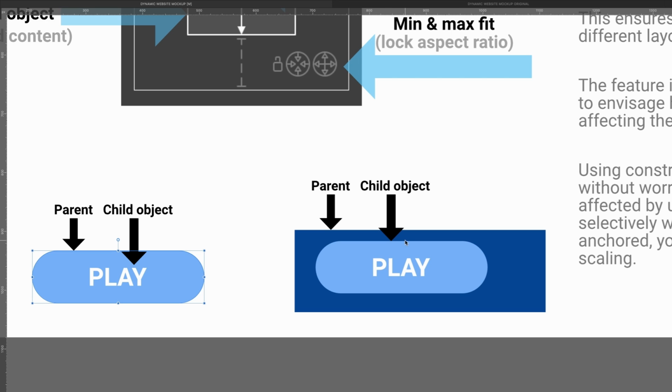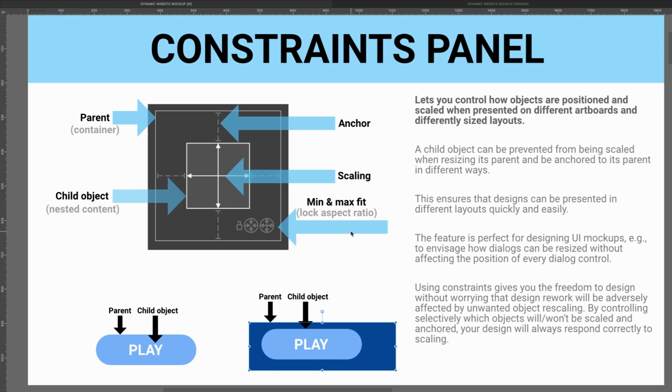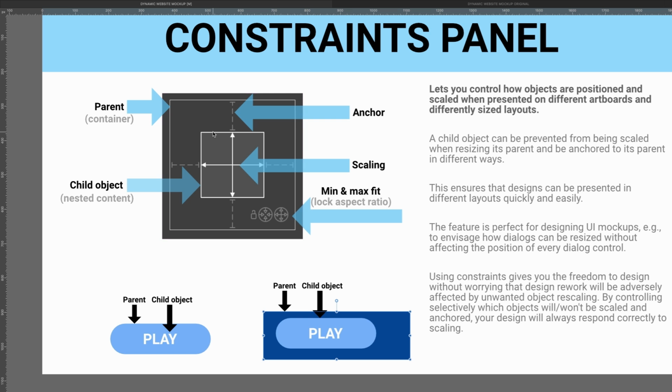But you can also have this button inside of a box. It might be like that on a game, a website, etc. So let's think of the button now as the child layer, the child object, the nested content, and this box around it is now the parent object. So you see, you can keep nesting things within other things, and then it goes on and can get really confusing. Let's just have a look at how all of this works on the next artboard.